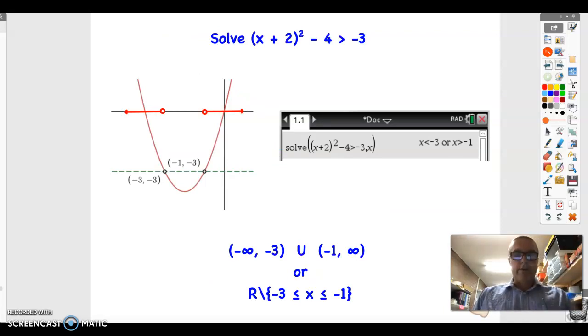There's numerous ways of going about this. I've shown you two on this page here. So let's have a look at the calculator. A calculator can solve inequations, particularly when they're quadratic. They get a little bit tricky to do by hand. And our calculator tells us that